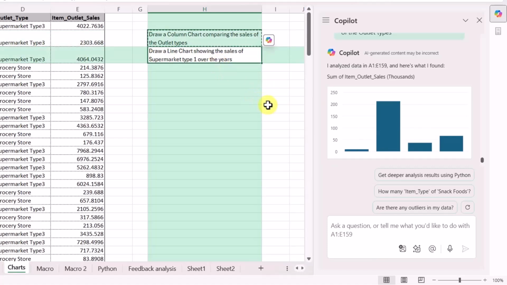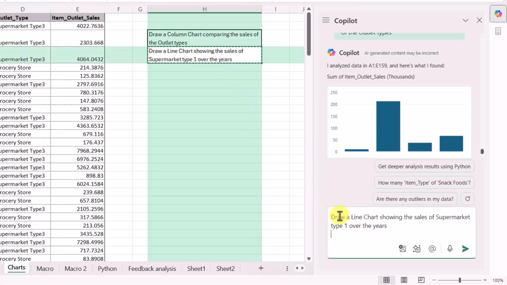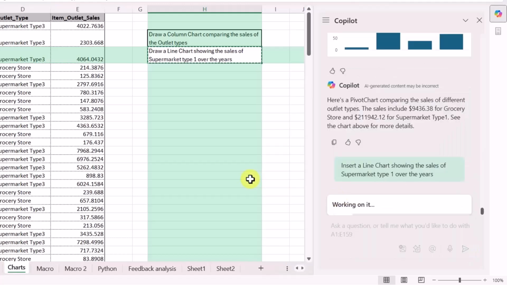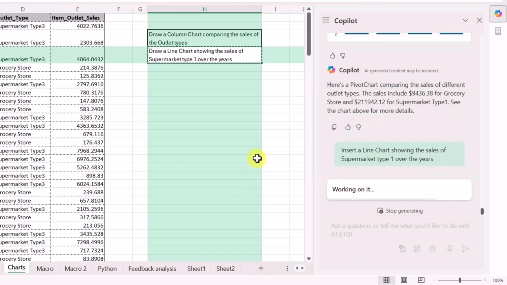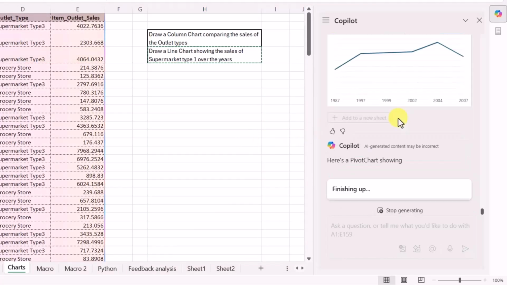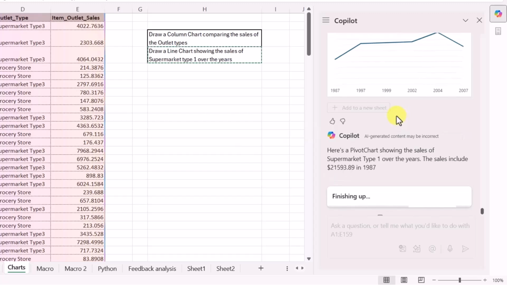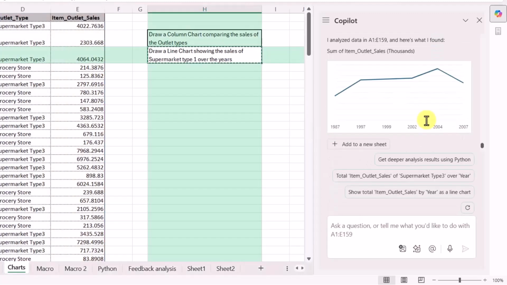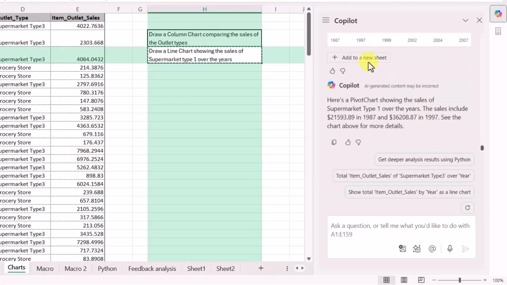Similarly, I can ask it to draw a line chart, and instead of draw, I'll say insert a line chart showing the sales of supermarket. Now it has created this line chart. Let me click on add to a new sheet button,